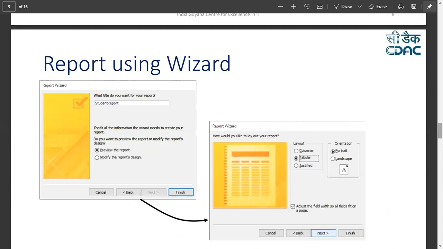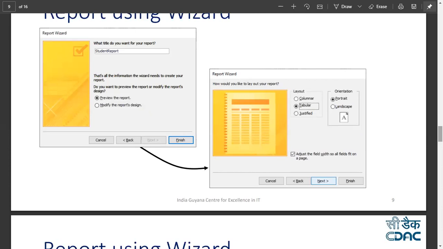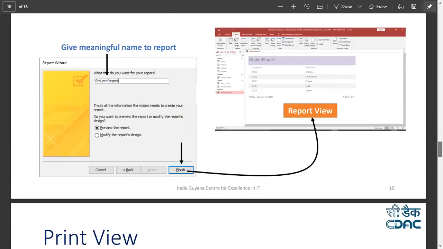So moving further, I can preview my report and I can save my report with any name. So I'll specify the report name and click on finish. Once it's finished, I will see my outcome. You see here, this is my outcome, and in the outcome I see the report generated using a wizard. I have a report name, student report, and I chose two columns, ID and first name. So I see ID and first name, two columns of data here in this window.